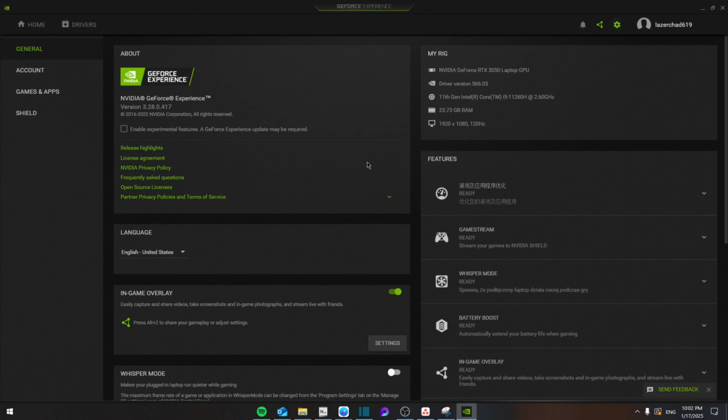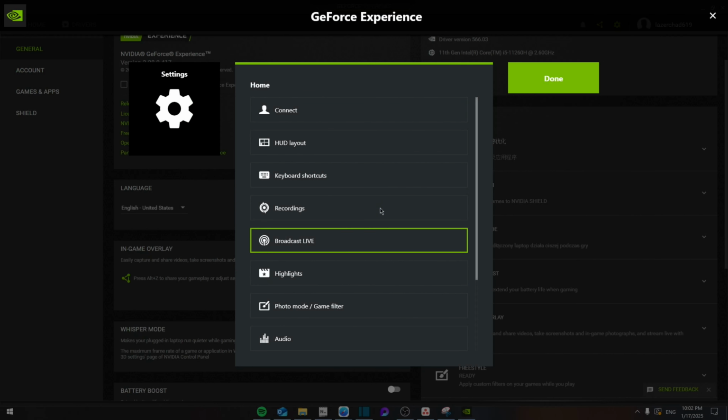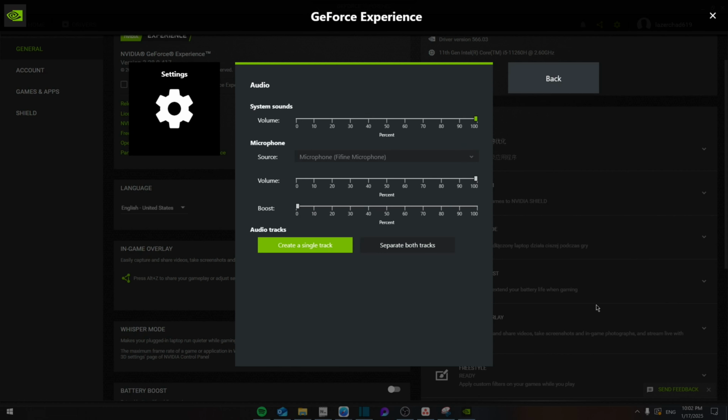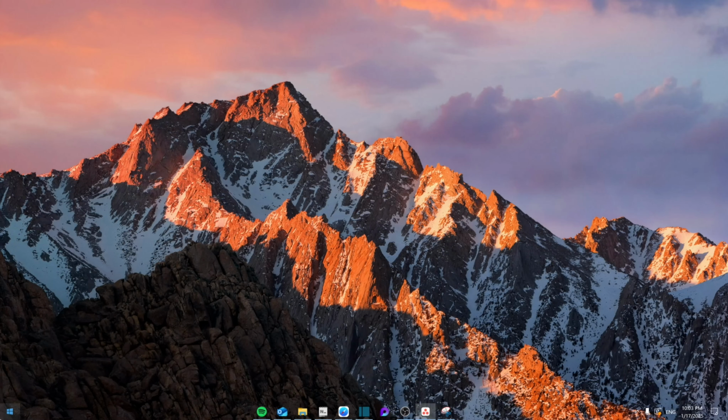So if your microphone isn't working on the NVIDIA application, then simply once you open the application, go to your settings, and then from here you're going to go to in-game overlay. Click on the settings right here, and then scroll down until you see audio section. From here you're going to double check that the source is the microphone that you actually want and need to use. Then from here you're going to click back, close the app section, and then from here you're going to